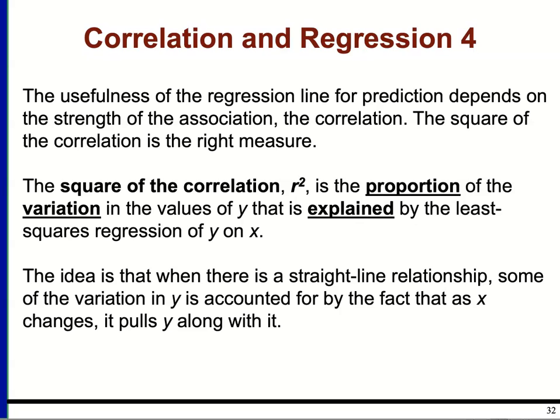It provides us with the proportion of the variation in the values of y. So it's telling us how much these y values are changing, and it's telling us that based on the least squares regression line. So that r squared gives us the proportion of the variation in y that's explained by this